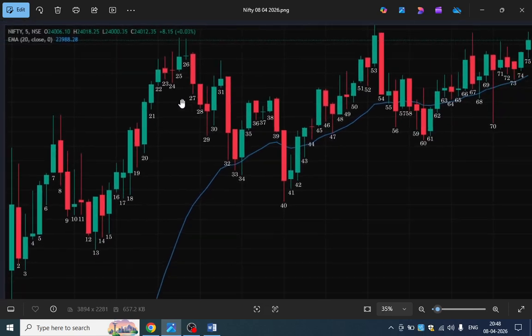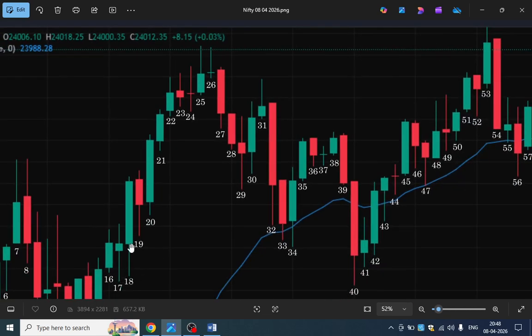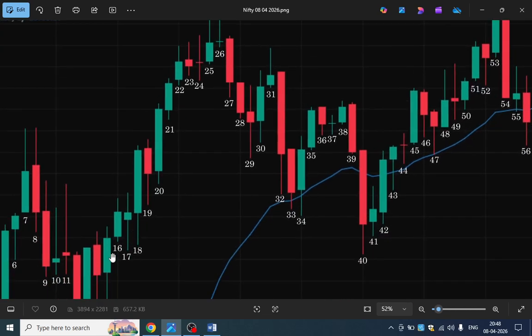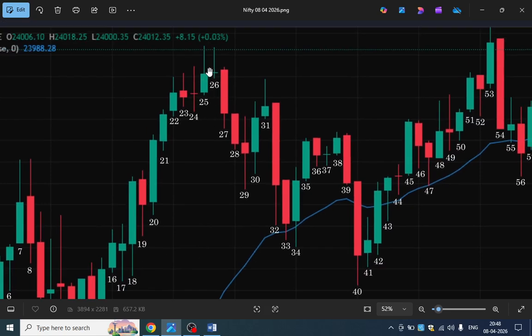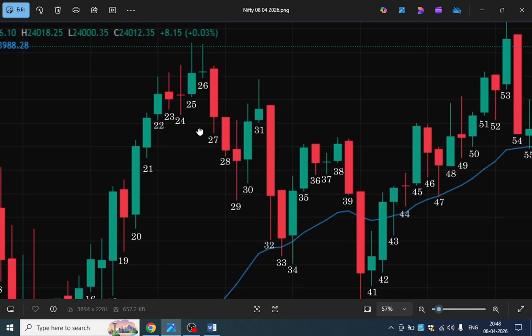After that, let's understand this cluster, bars 22, 23, 24, 25, 26. As you can see, there is a lot of wick above it. These are the bulls who entered at this place, buying calls or selling puts. Those traders have taken their profit, and new aggressive sellers might have entered at this position, and this should occur.